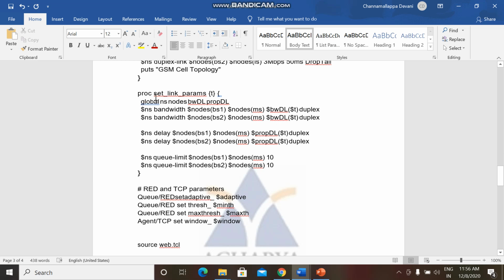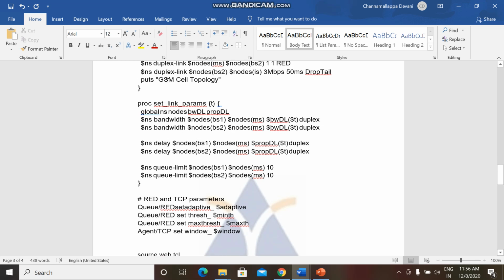After we create a cell topology, we have to set up the link parameters, that is the values that we have initially assigned. Similarly, we are also setting the propagation delay. Downlink propagation delay refers to the value, and $t refers to the GSM.